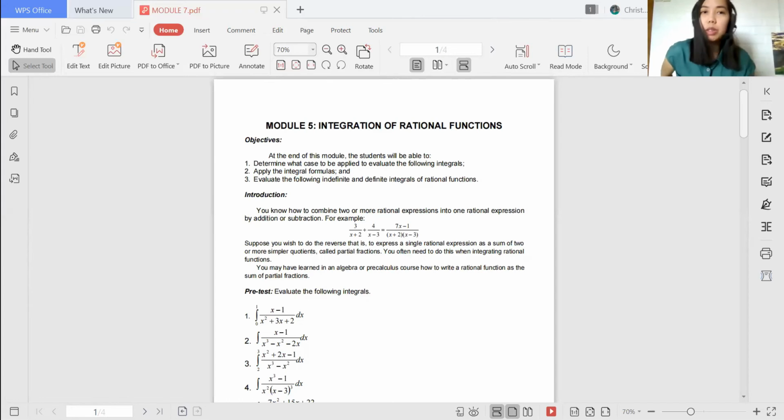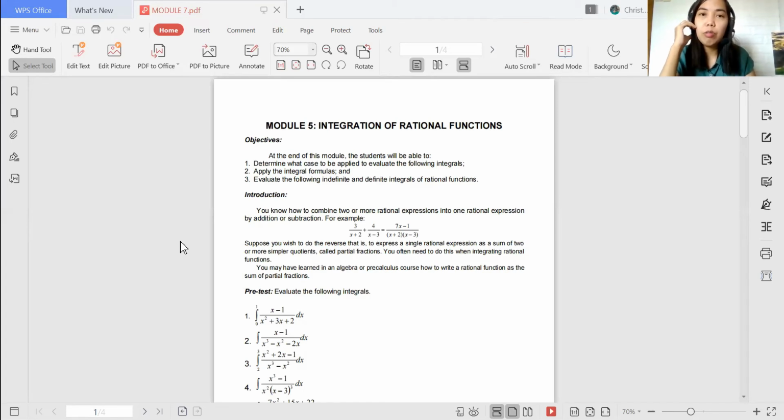Okay, so module 5 is about integration of rational functions. So we know that for rational functions, the form is f of x over g of x, right? Where g of x should not be equal to 0. So our objectives in this module, the students will be able to determine what case to be applied to evaluate